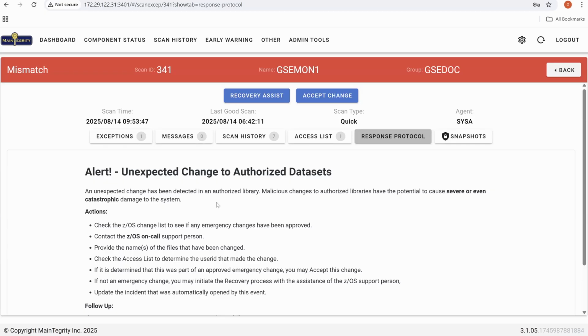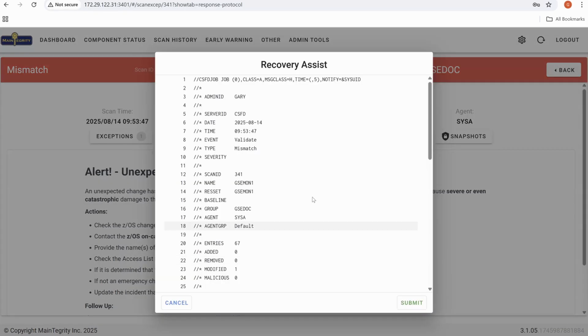You can also have links to other documents. You can have documents just like this, but it is kind of up to you what you put in there. And you can have it different for different types of events and that kind of thing. So when you do get a change to a file, when you detect one, there's only one of two things that can happen. Either the change is good and you want this change accepted, so that the changed file becomes the new normal and the key gets put in the vault, or you want to back it out. I'm just going to go ahead and back it out.